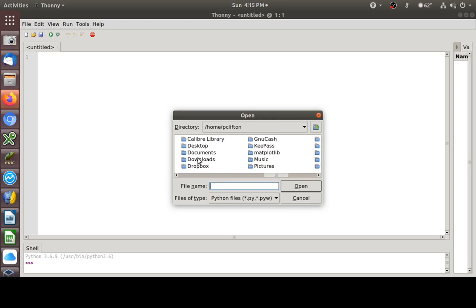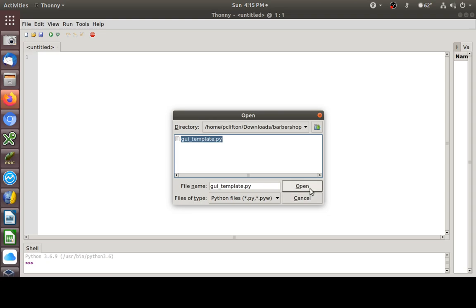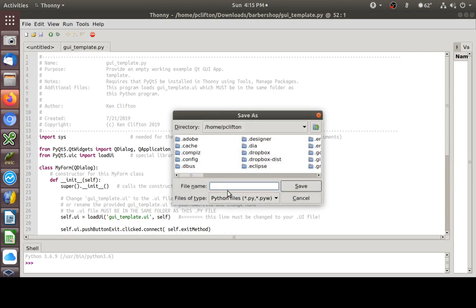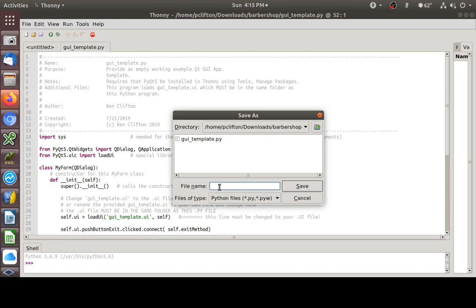So downloads and barbershop, and there's our GUI template. As you may recall, the first step here is always to rename this. We named our UI file the barbershop.ui. So let's go in here and file, save as. Gonna put this in the downloads folder and barbershop, and I'm gonna call it